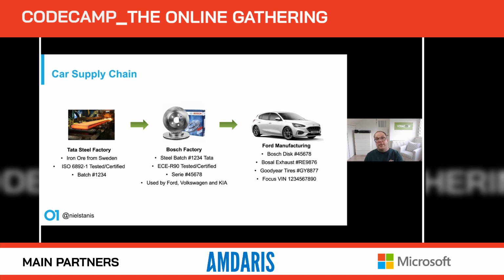Then if that disc brake ends up at the car manufacturing plant, it will be put on a car. And a car will consist of a lot more parts, right? That will have the discs on it, there will be an exhaust on it, there will be tires on it, and that car will then be identified with a vehicle identification number. So all the things come together, and each of the steps in this supply chain has its own way